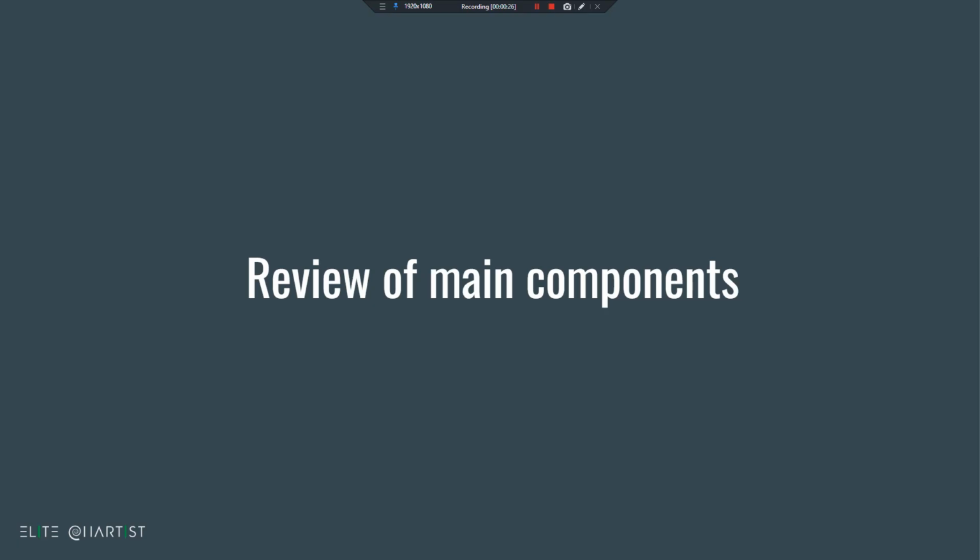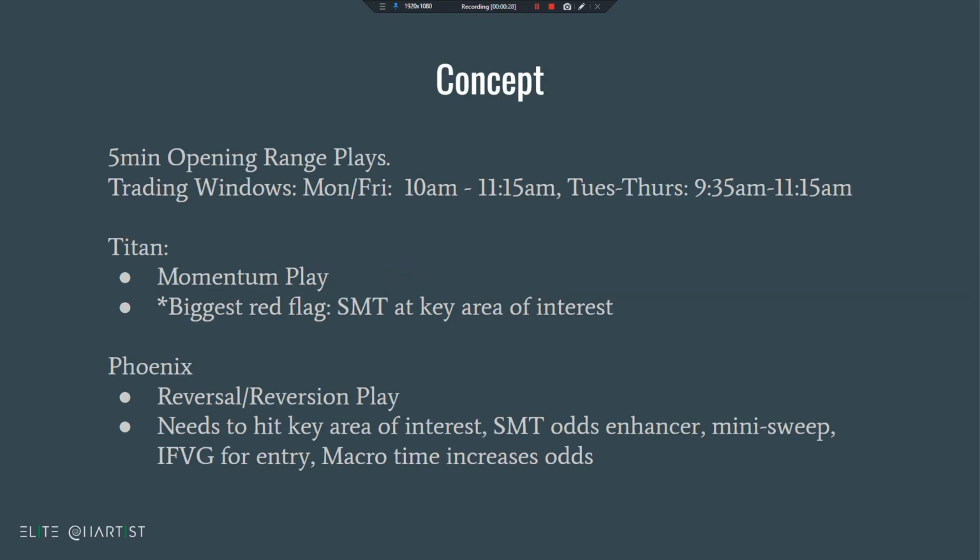Okay, so let's review the main components of both models. Both of these models are based off of a 5-minute opening range play. One is a momentum play coming out of it. That's called the Titan. The second one is a reversal back towards it. That's the Phoenix play. I relisted, you can look at video 1 and 2 for more details with examples, but